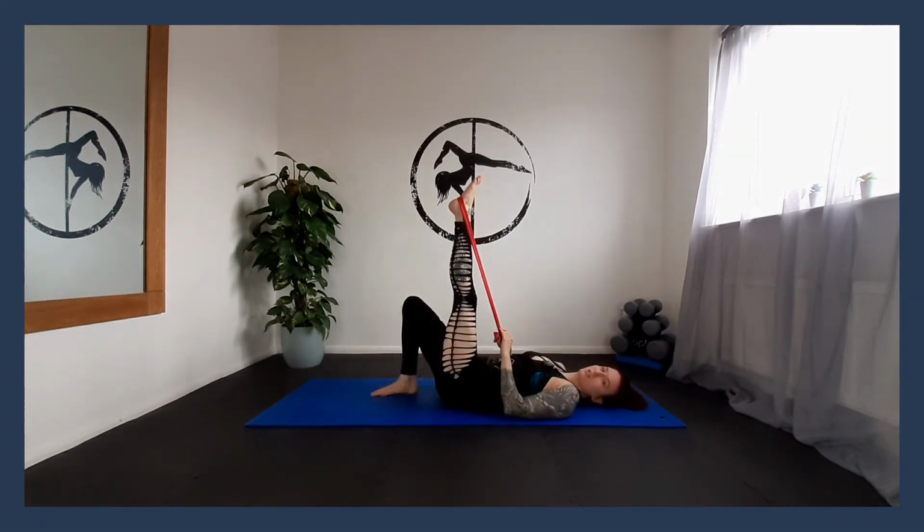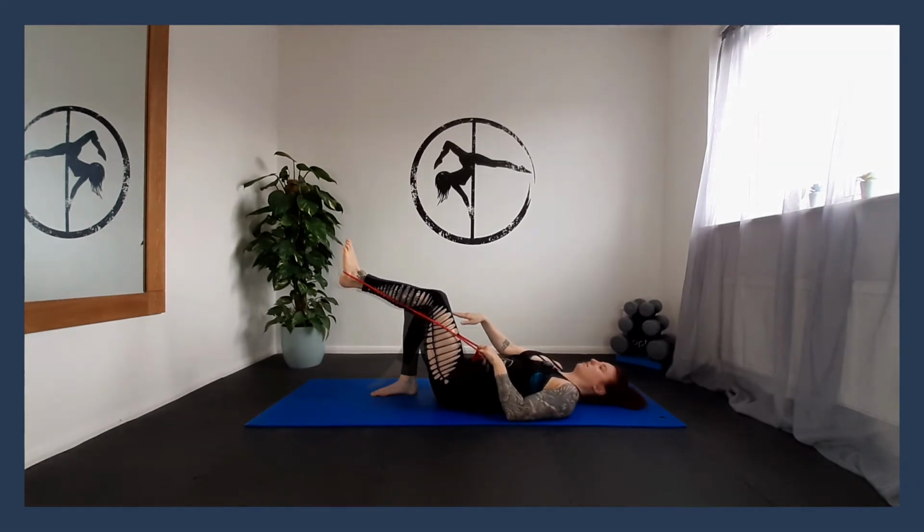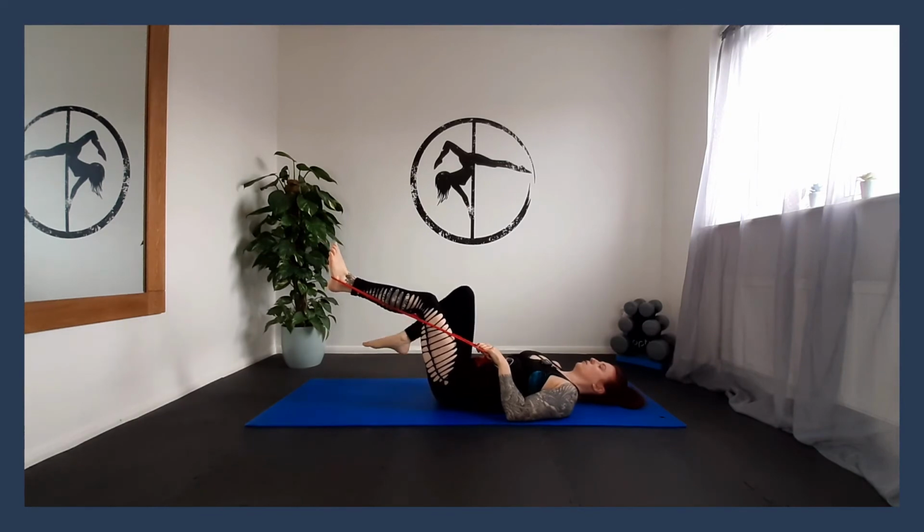okay? So with that one, you've got to be even more aware of keeping the back squeezed down towards the floor. So we're going to change sides now, bending the leg, getting a bit of a squeeze through the glute and the hamstring, and we're going to just start by doing our knee in and then straight out. Tuck the tailbone under and squeeze the glutes, bring the knee to the chest, and we're going to straighten for